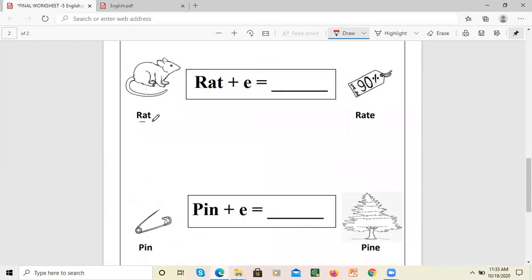This is rat, R-A-T, rat, from the at family word. Plus E makes the word rate. What is rate? When you go to a mall or a market, mummy picks up a garment or an object and she quickly tries to see the amount that that thing is for. We purchase everything for money. We are going to do money by the end of this year's chapters in maths, but important for us to know that it is also called as rate of an object.